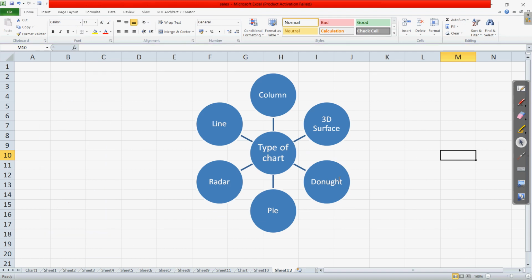Clear? So you can see if a similar type of shape you wanted to make, for that we will have to include different shapes, circles, and then we will have to write that. Now this is the option which we have to use a predefined shape. We have a smart art option using which we only need to select the type of the chart and the text which is required to be written in these areas can be written easily. Clear? So I hope now you can also make a new smart art. So this was a basic one.